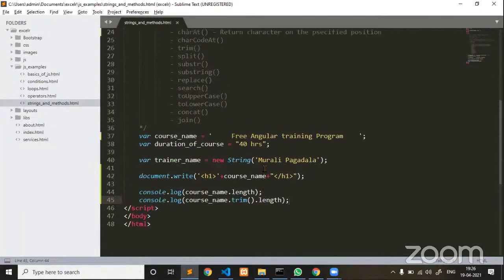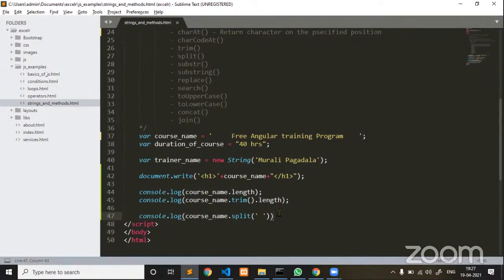Then let me go for the split method. As I already said, split is the one which is going to convert your string into an array. Now you see here, course name is my string, dot split. Split is going to divide your string into an array. You have to pass a delimiter as a parameter to your split function. A delimiter is nothing but a special character inside your string from where you are planning to divide your string. That is what this delimiter is all about. Now I am just giving space. So wherever the space is identified inside your string, the split method is going to divide.